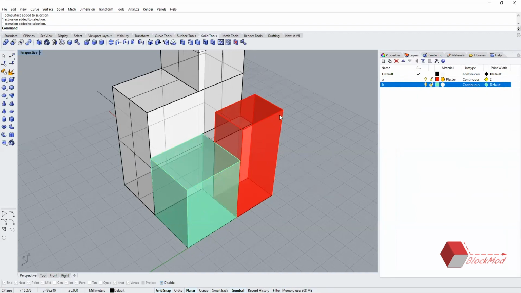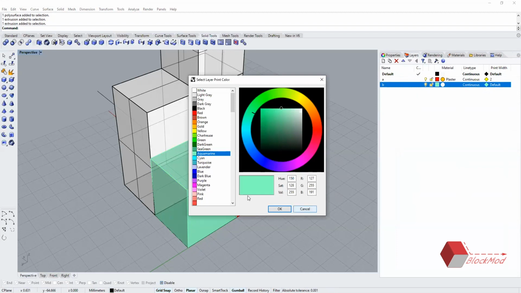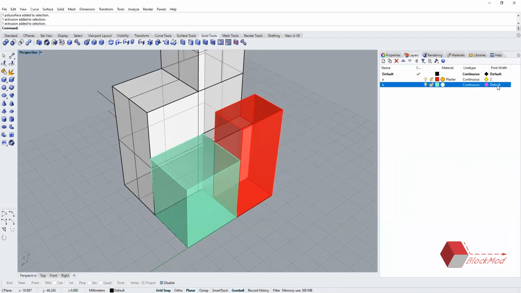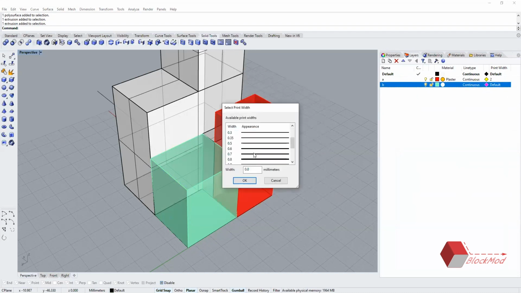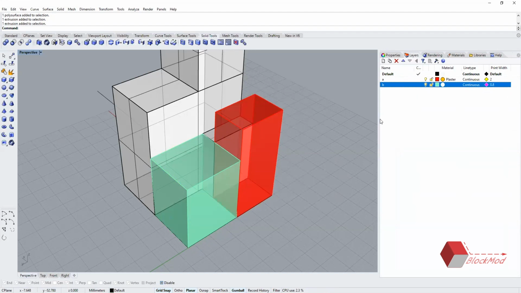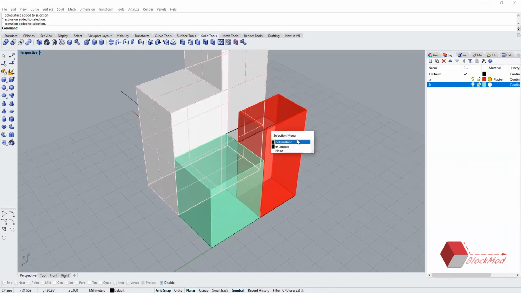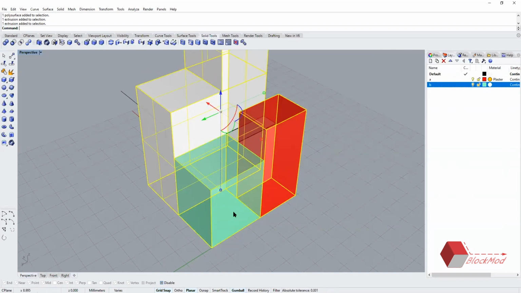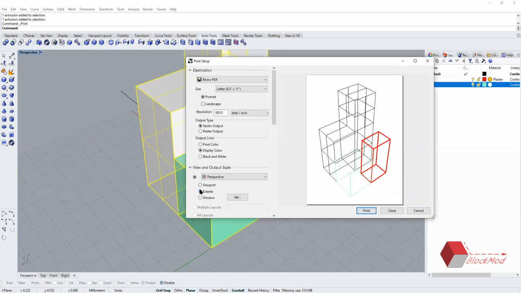So B has some material with a default line. There is a black line default. I want to highlight a few things here, so I can have it in magenta maybe, and a line thickness of 8. Okay, there you go. I select all of it, Control P again. Yep, there you go. So now I guess you can see.